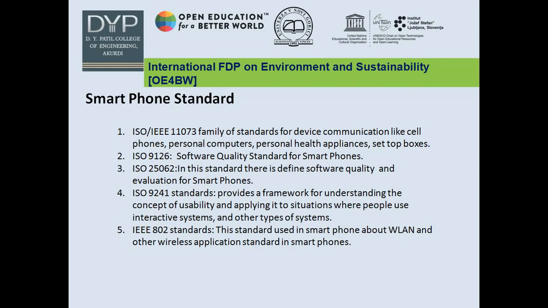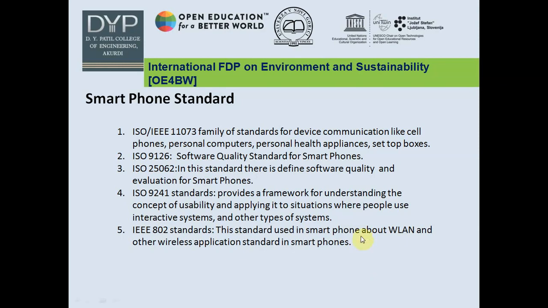Then standard 5 is the IEEE 802 standard, which is related to Wi-Fi and Bluetooth appliances in your smartphone. So there is IEEE 802.11 a, b, c. These standards are declared for the wireless appliances in smartphones. So these are the standards discussed in this slide.